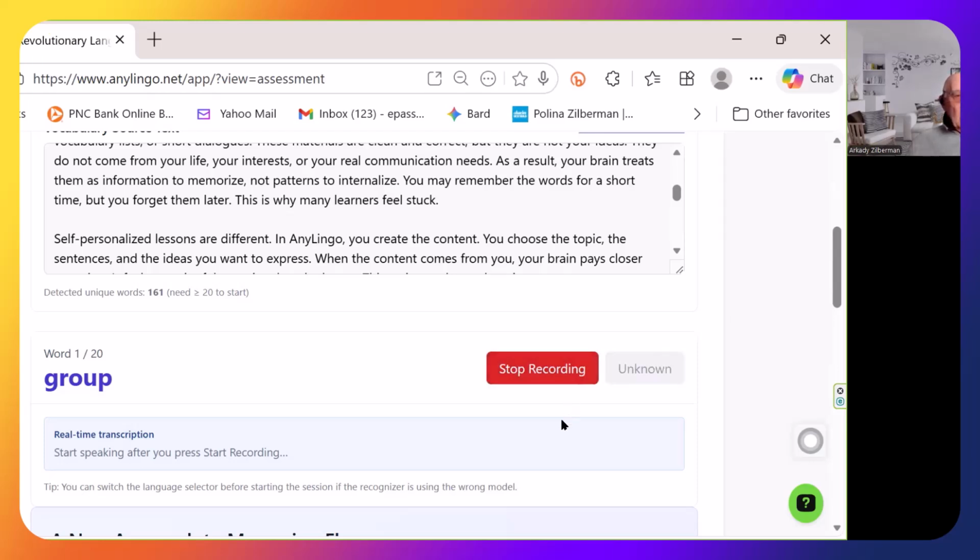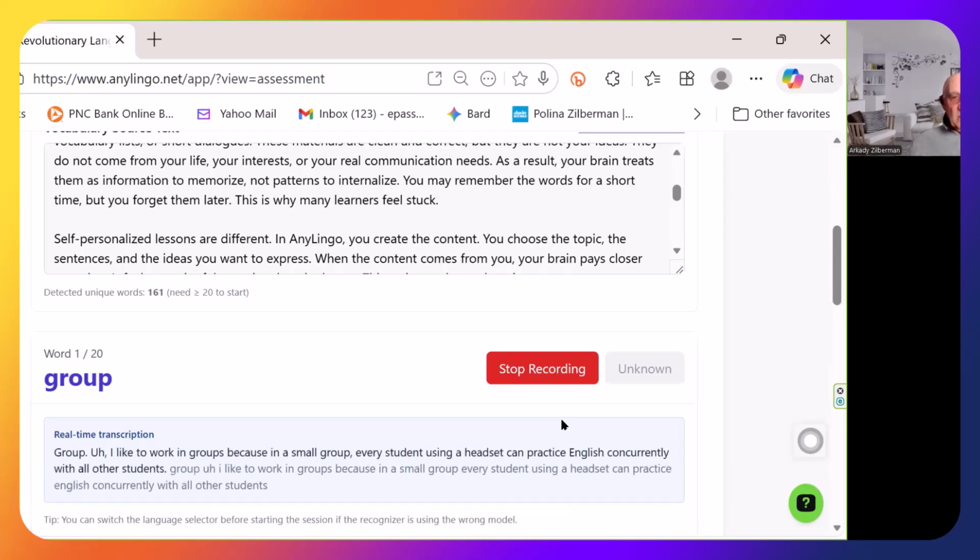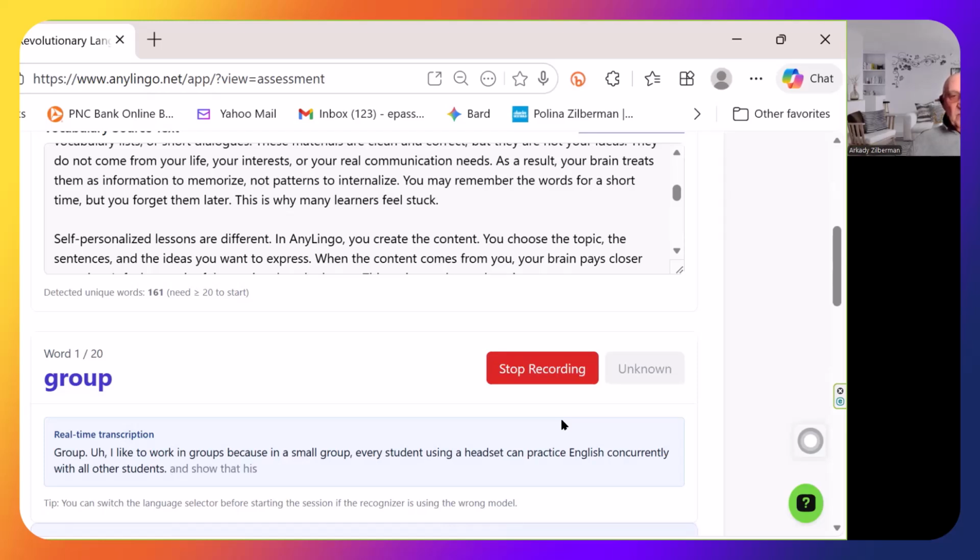Group. I like to work in groups because in a small group, every student using a headset can practice English concurrently with all other students and show that his progress in developing fluency or automaticity is moving forward. Here are the words which I've used, and the next word appears. So I click